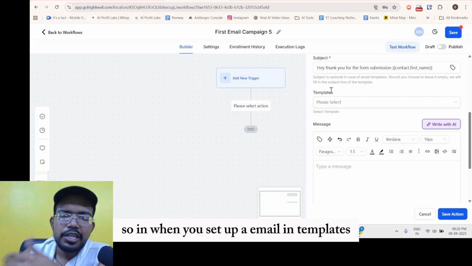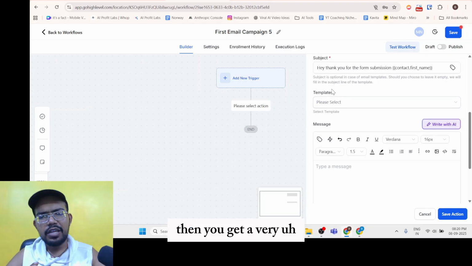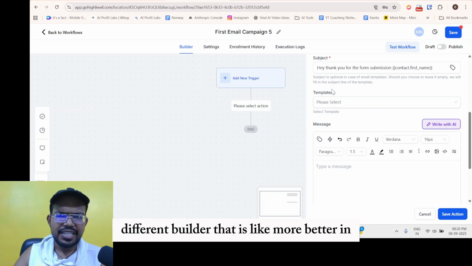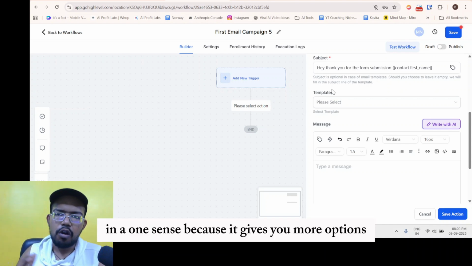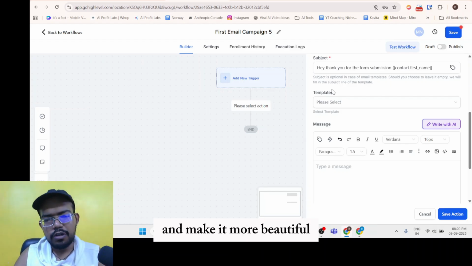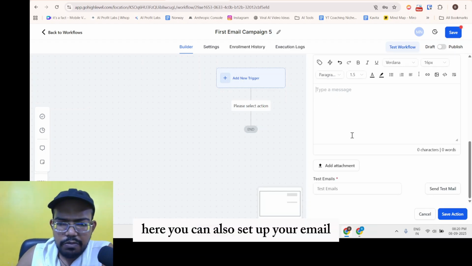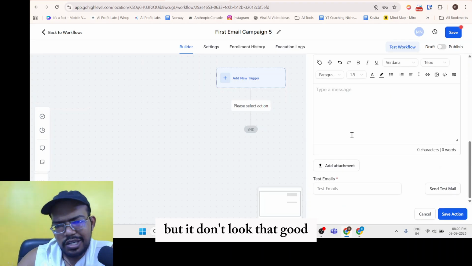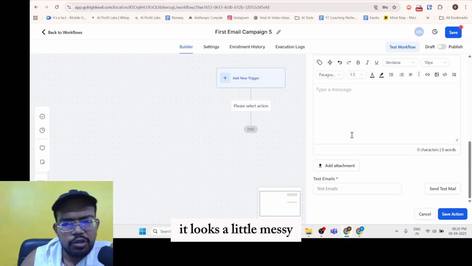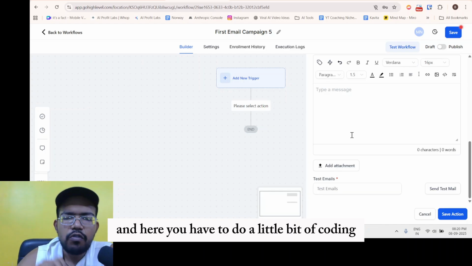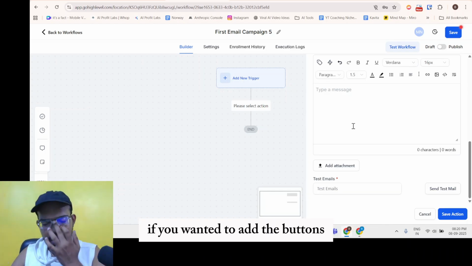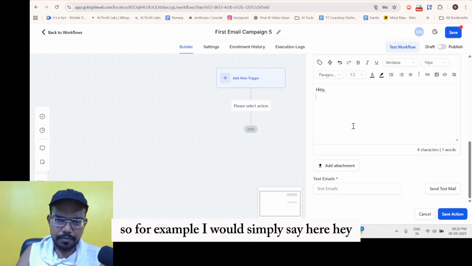So when you set up an email in templates, then you get a very different builder that is better in one sense, because it gives you more options and makes it more beautiful. Here you can also set up your email, but it doesn't look that good. It looks a little messy, and here you have to do a little bit of coding if you wanted to add buttons. So for example, I would simply say here, hey,